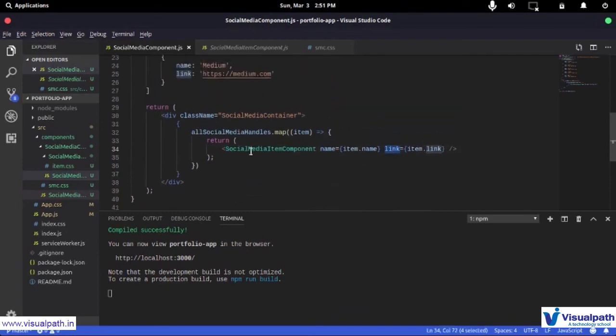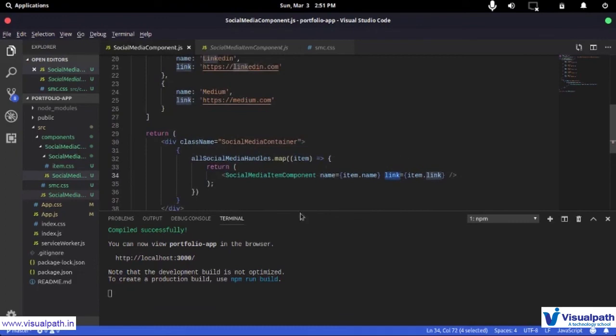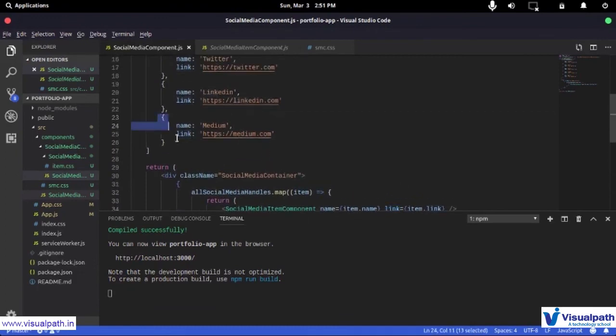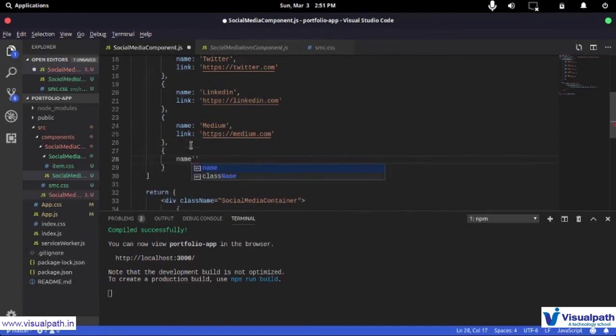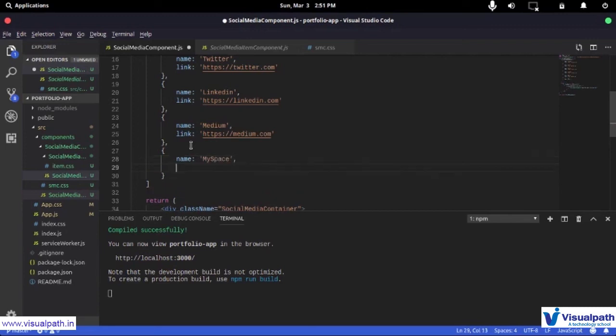Now things that went well for us using this approach is we could add another element right here, and let me just add another one here, and let's call it a fake name. So say my social network, or call it MySpace just to make it real, and the link is going to be something, or let's just make it HTTPS actually, so that we can see that this is going to work.